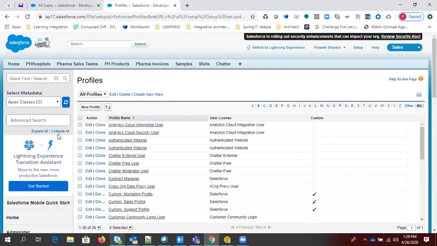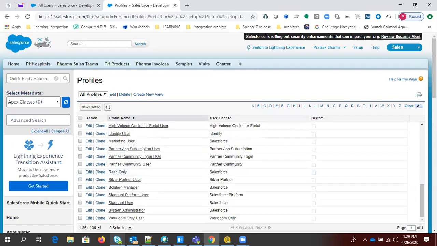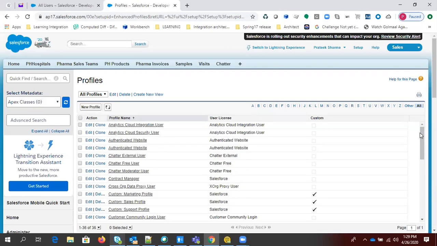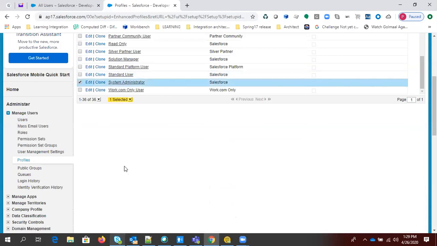There are two types of profiles, as already discussed: custom profile and standard profile, right? We have a standard profile called system administrator. This profile is generally called the admin of this particular org, right?